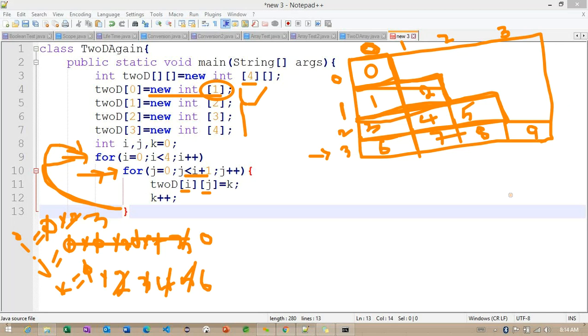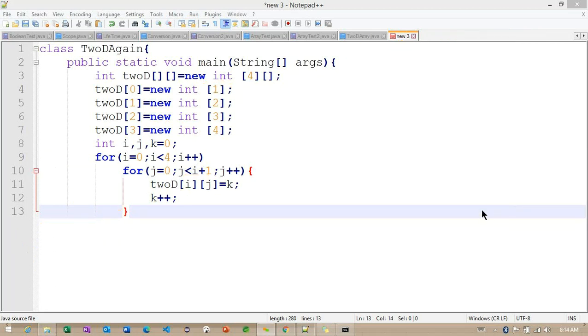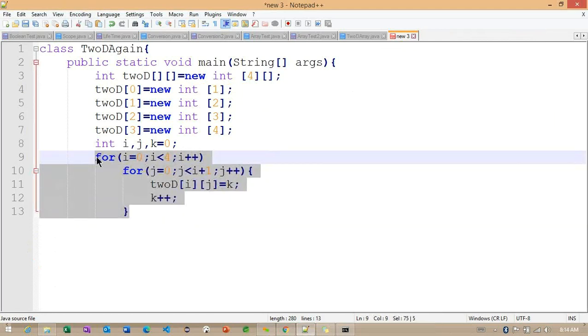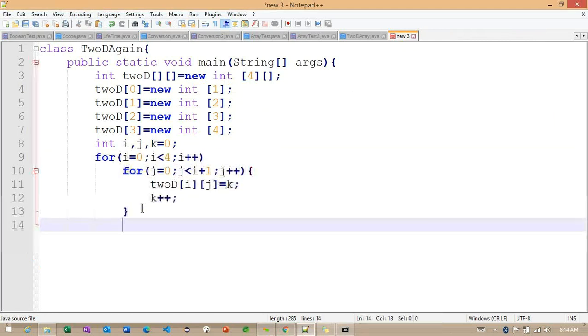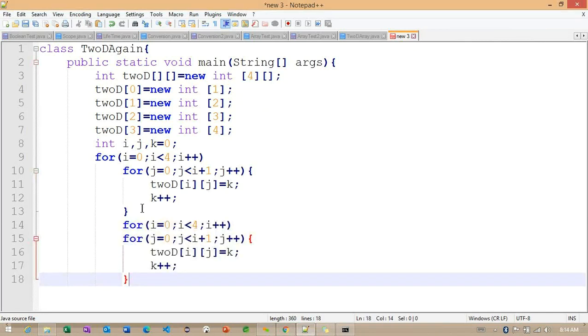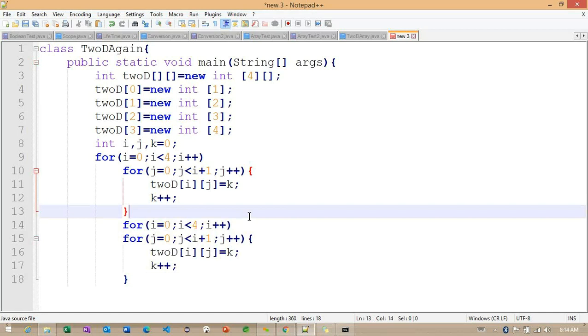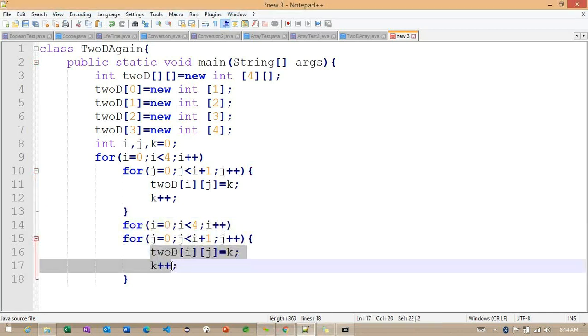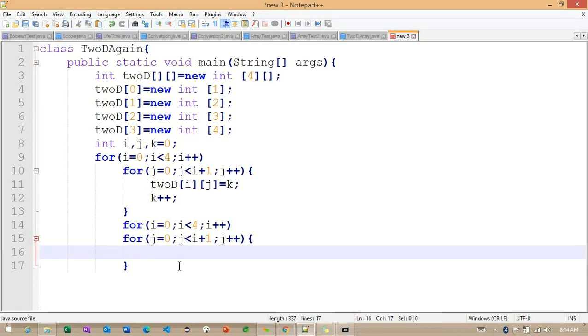Right. So let me clear this particular console. I want to copy the same here. So to print this particular value, what can we do? We can remove these two sections here.